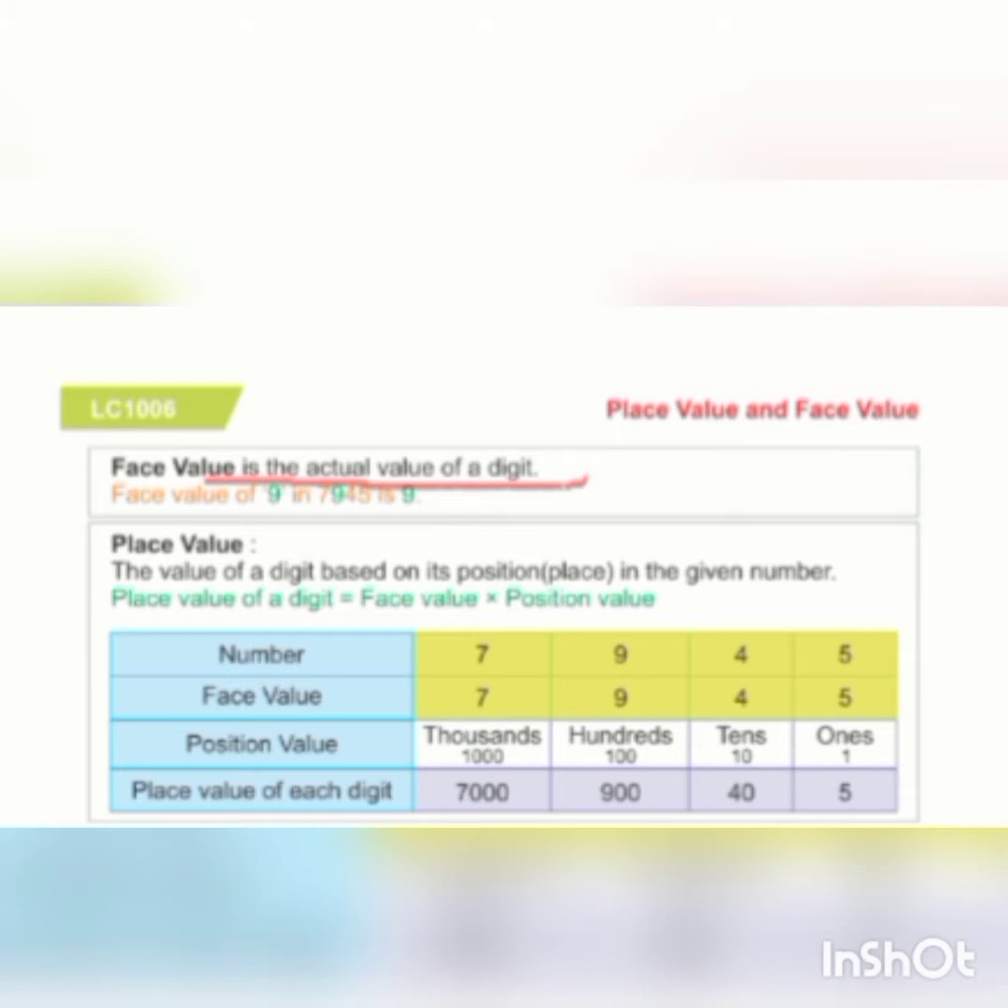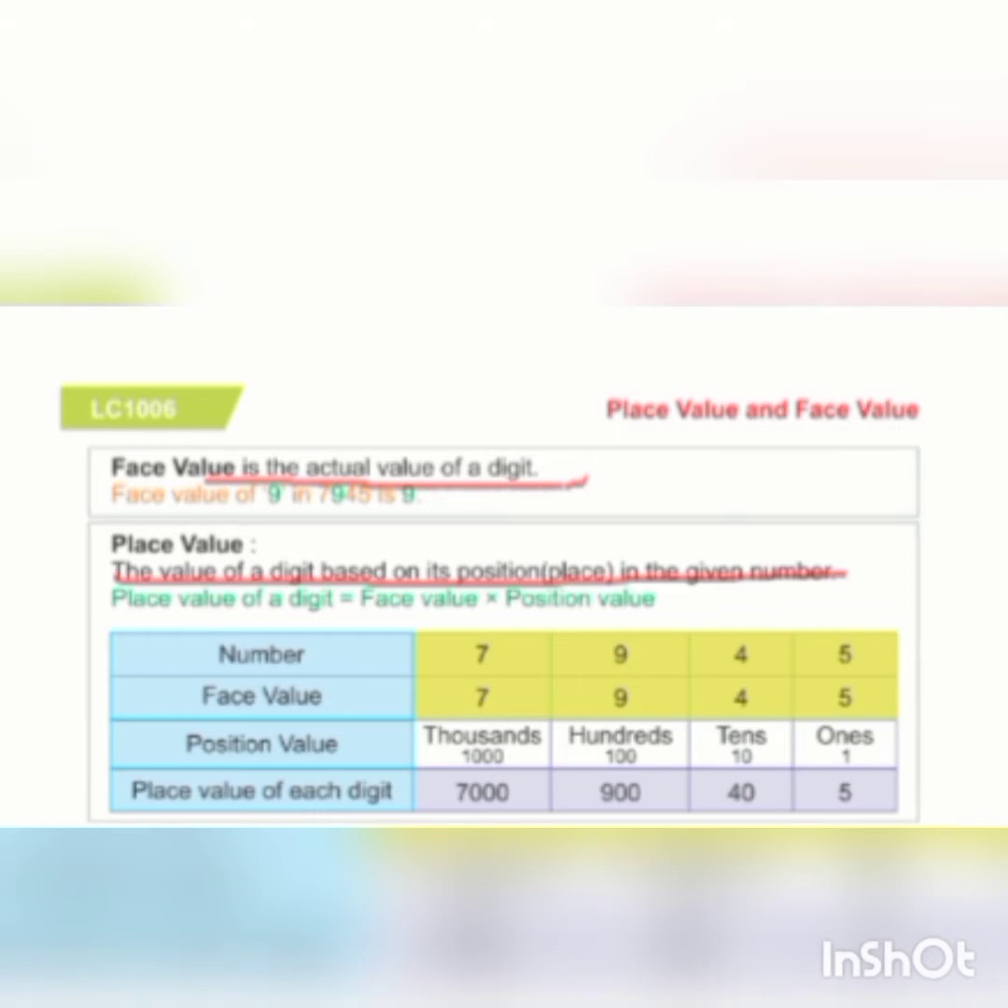Let's move towards the place value. The definition is: the value of a digit based on its position or place in the given number. Also, place value is the value of each digit in a number. If we have to find the place value of a digit, then the formula is equal to face value multiplied by position value. Here is the example of the number